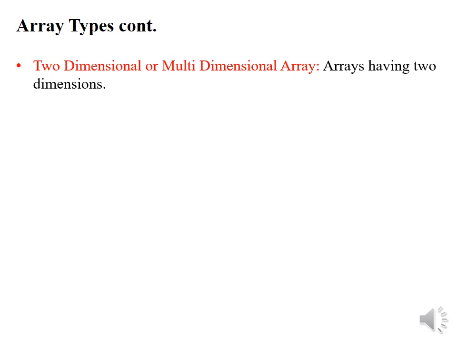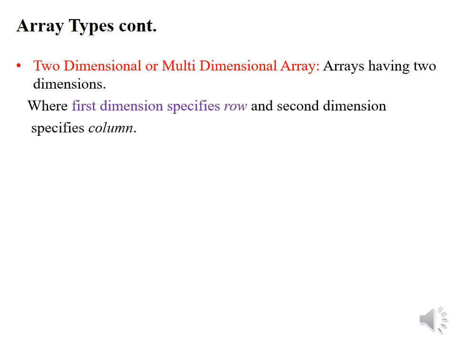We are discussing now the second type of array, that is nothing but the two-dimensional array and then the multi-dimensional array. As the name indicates, a two-dimensional array is an array having two dimensions. Here, the first dimension always specifies the row and the second dimension specifies the column. In a single dimensional array, if you remember, it is an array having only a single dimension. But in a two dimensional array, two dimensions are specified, where typically the first dimension is the row number and the second is the column number. These are called arrays of arrays.